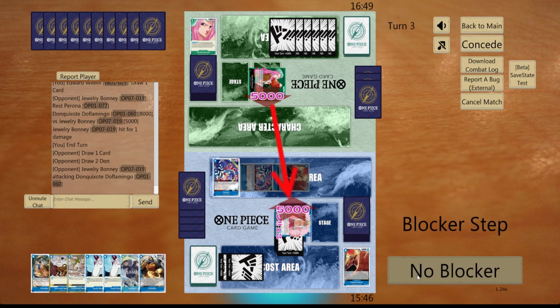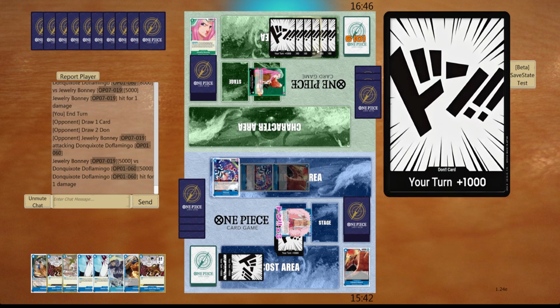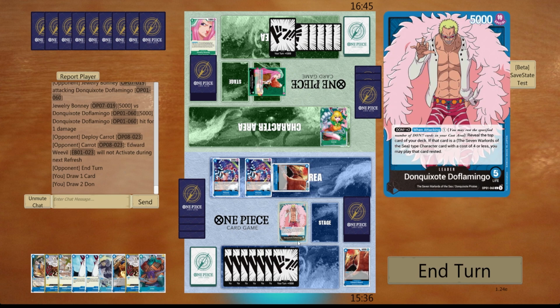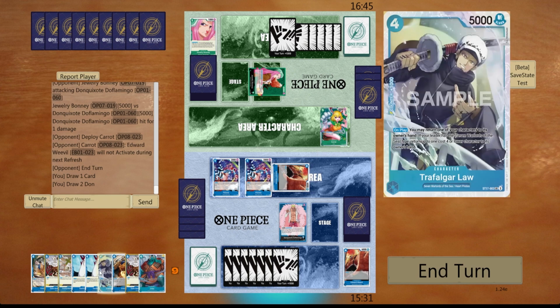Okay, so 5. I don't see a problem in taking this. They don't have any cards that punish having a big hand. At least green doesn't yet. But they do drop the carrot, which is going to be pretty annoying. I'm not going to lie about that. But I think we'll continue it off as